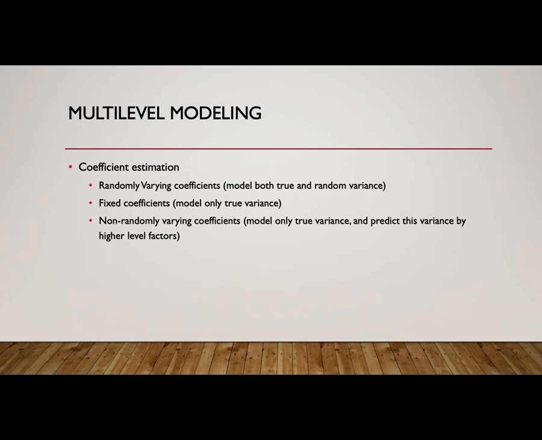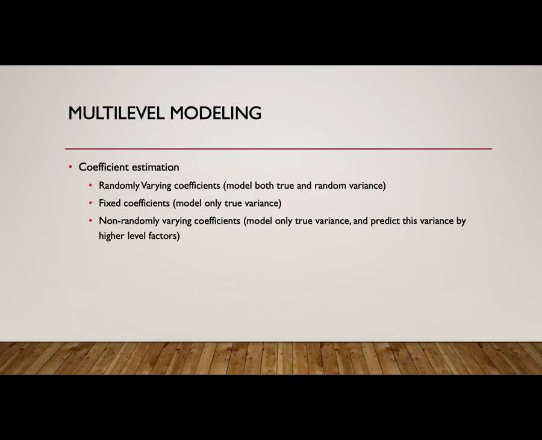When we do this, we have fixed coefficients that model only the true variance, right? And those fixed coefficients are the mean effect based on the level 1 variance. And then we have non-randomly varying coefficients that model only true variance, but predict this variance. You can predict this variance using some sort of higher order factor, right? And so when we do this, what we're saying is we are predicting, a good way to think about this